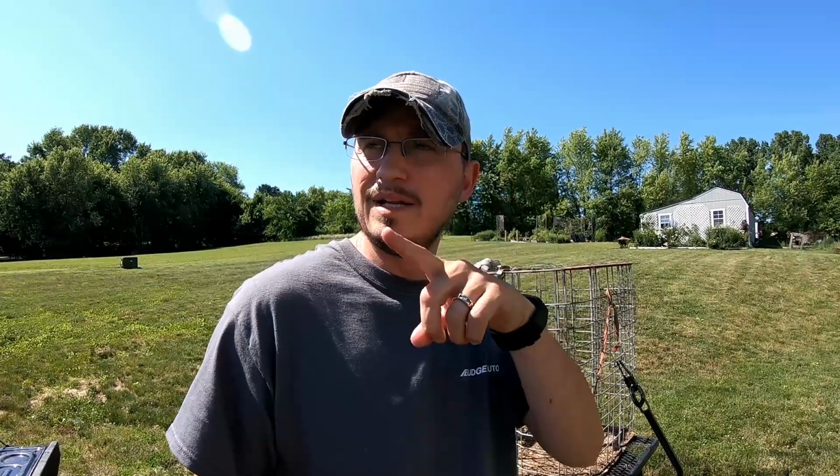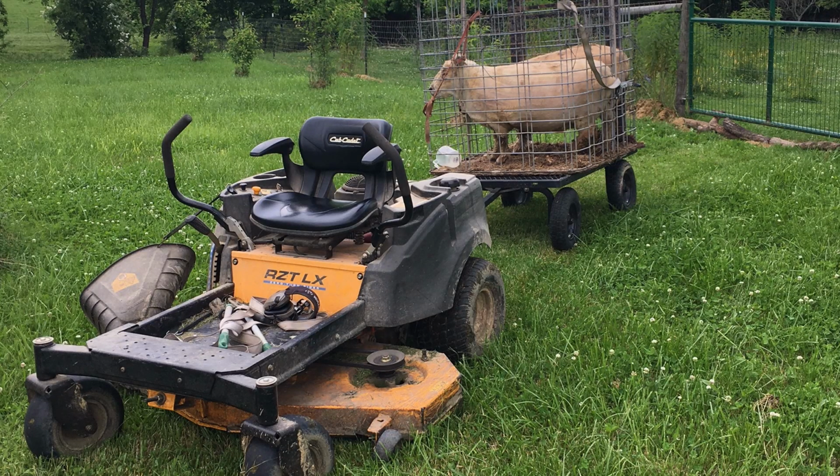Reason number one, I needed to haul 2 sheep down out of the field so that I could sell them. Here's a picture of me doing that. And reason number two is I had 2 hogs. I told you we were getting rid of the Kunekune, so I've sold one to my uncle and I've sold one to another person. Both of those hogs are going to go to the butcher next week,